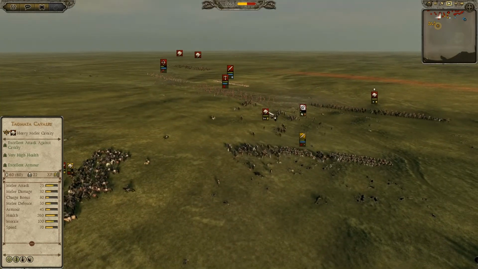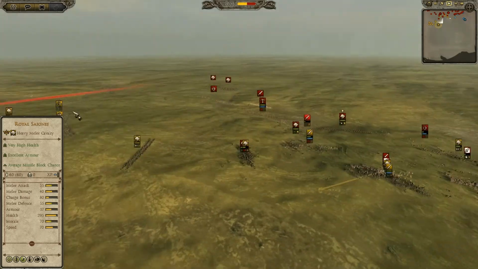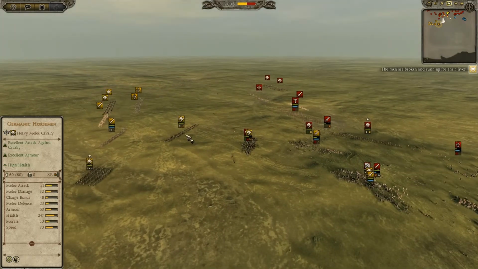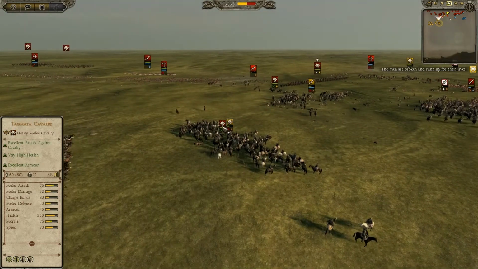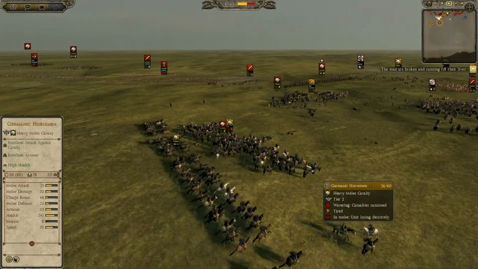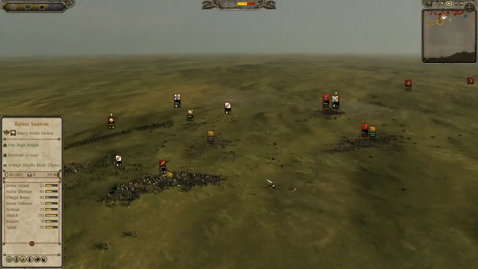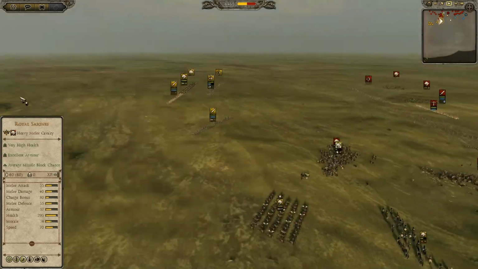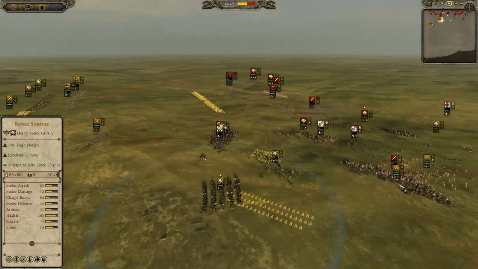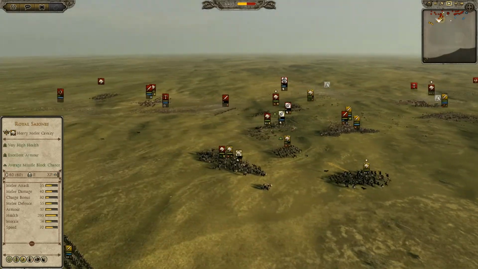Now, my opponent here reinforces with Tagmata cav, and this is bad for me. So I just put in Germanic horsemen as, not bait, but as a buffer unit, and they get destroyed horribly on the charge, and then the aftermath. Well, I don't know what I have to do at this point to get rid of the Tagmata, but I'm